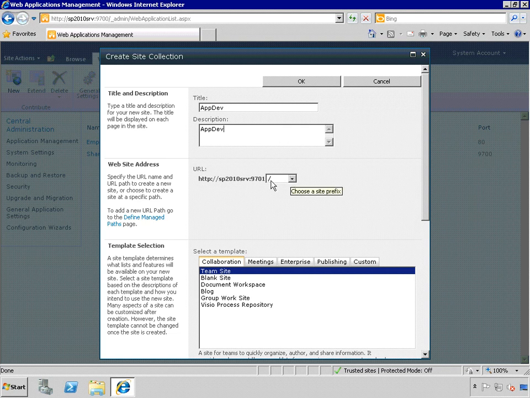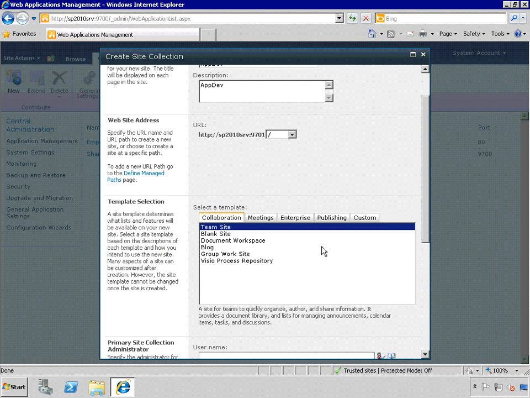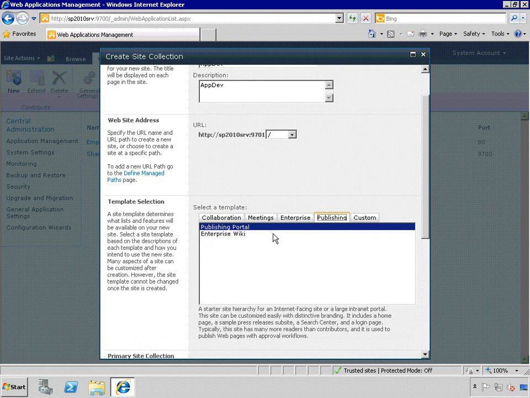We're going to put it at the root. You should always have a site collection at the root, but this time, instead of using the standard team site, we're going to click Publishing, and we're going to choose the Publishing Portal, and you'll see the description directly below it. A starter site hierarchy for an internet-facing site or a large internet portal. This site can be customized easily with distinctive branding. It includes a home page, a sample press release subsite, a search center, and a login page. Typically, this site has many more readers than contributors, and it is used to publish web